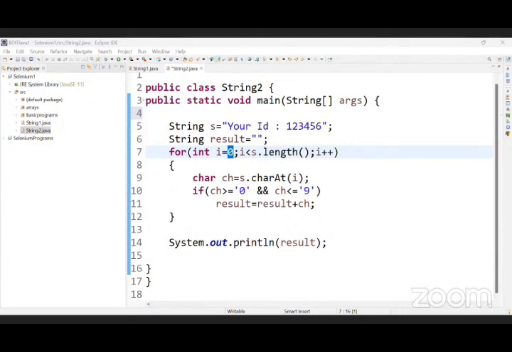Equal 0. If ch greater than 0 and ch less than or equal to